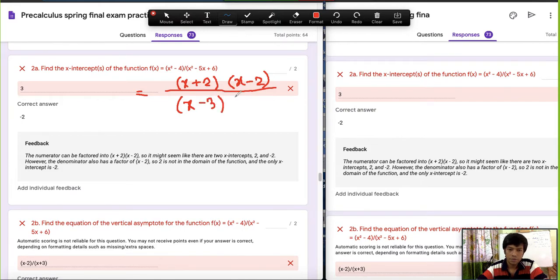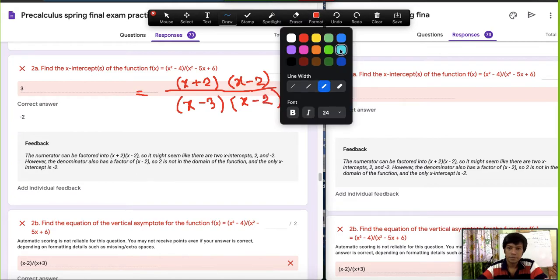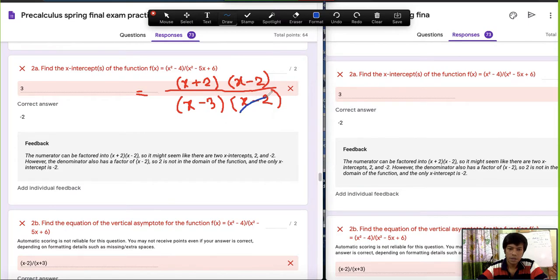into, I'm sure you all know how to do this. I think it is one of the simplest middle term factoring problems. Then x minus 2, and you will see that this term and this term cancel out as they are the same, and this is actually a hole in the function. If you want to think deeper, there is a hole at x equal to plus 2. But now the question is not to find the hole, so we do not need to focus on that